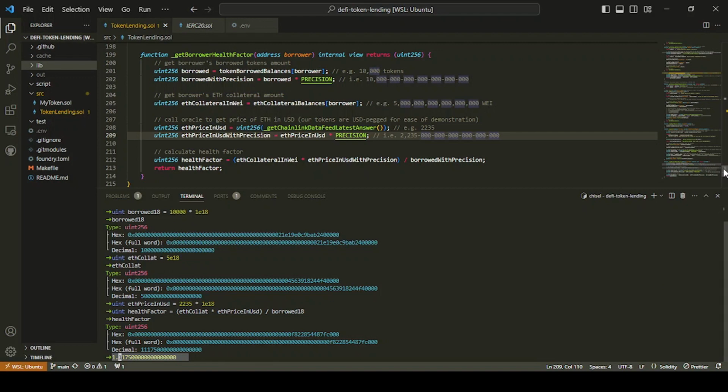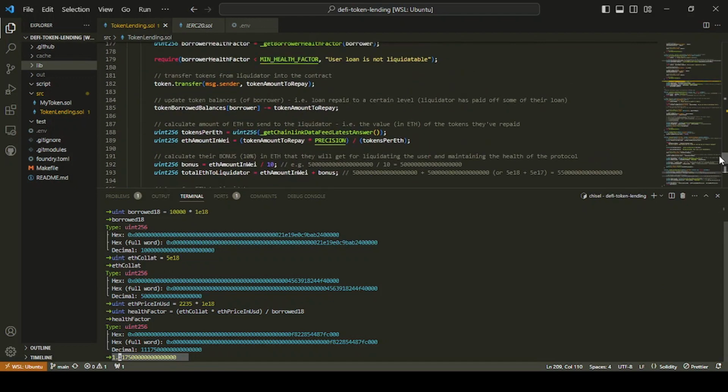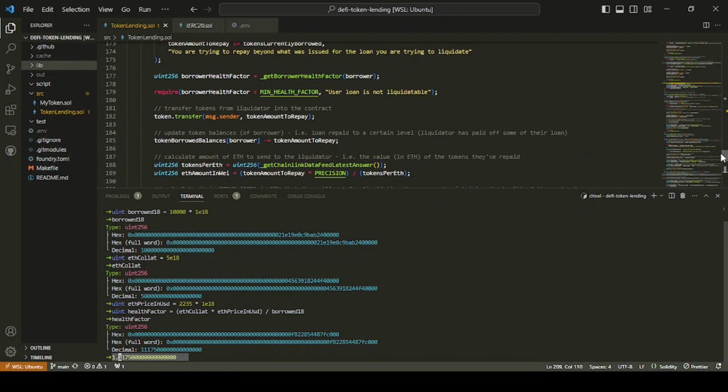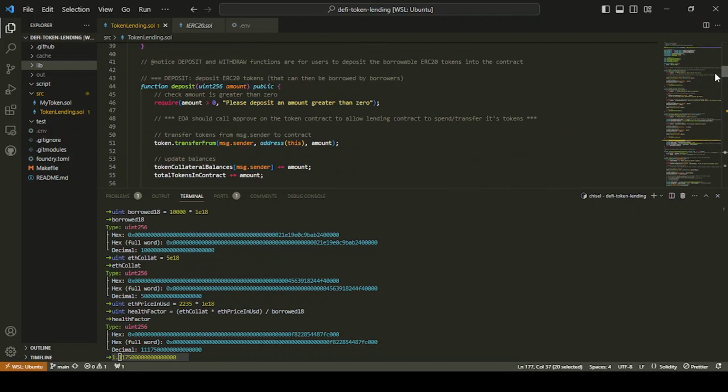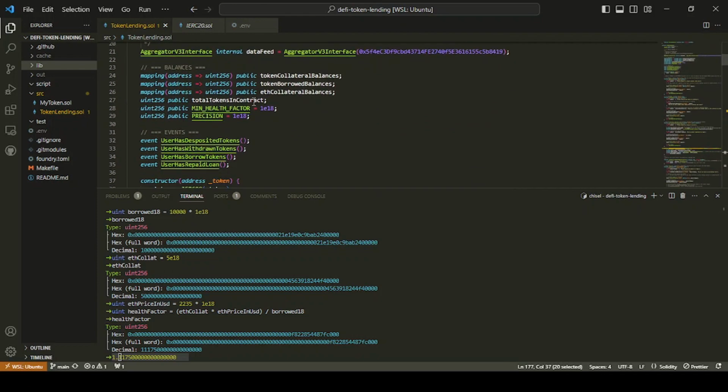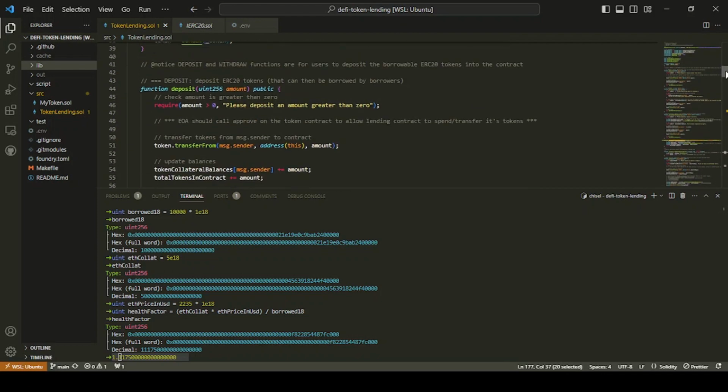And if we go to the top of our contract, or actually we go back to our liquidation, so this is going to be 1.175 and a load of zeros after, which equals, for us, 1.175. And the min healthFactor is going to be, again, the same as precision, and it's up top, it's 1E18. So just to compare these,